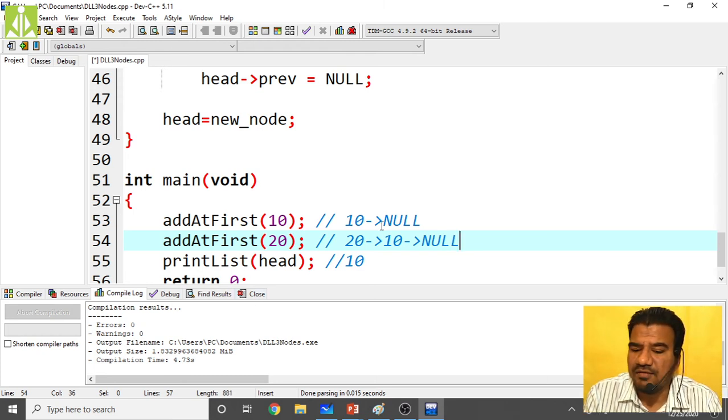We can even print the arrow marks in between, that we have seen in the case of singly linked list. But I don't want to make the code confusing to you people, so that is the reason I am removing all those things. Keep the code as simple as it is, because when you write this in your external exams, they want the answer to the question they have given. They don't want extra decorations.